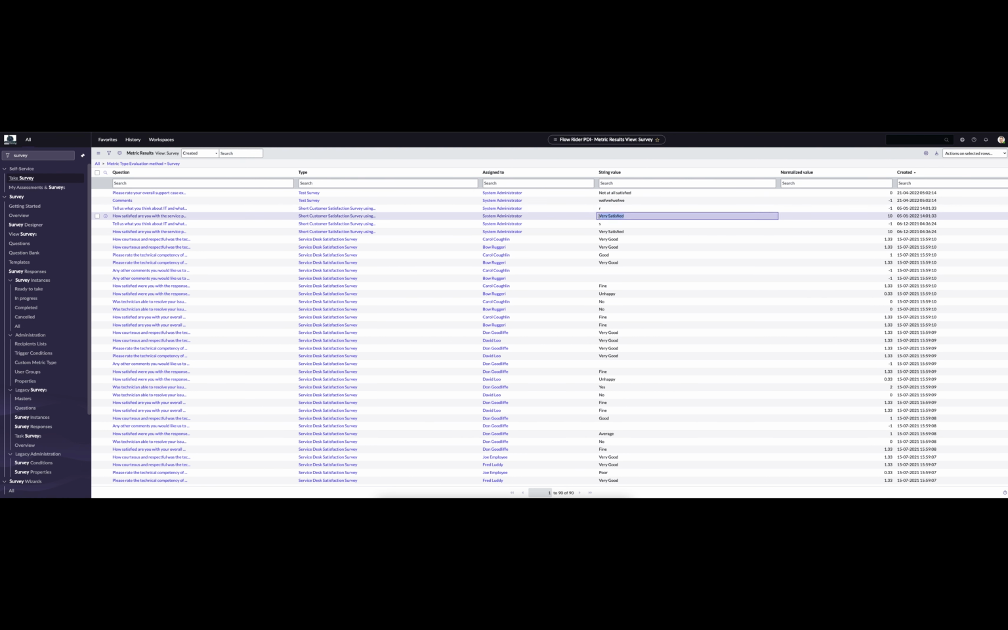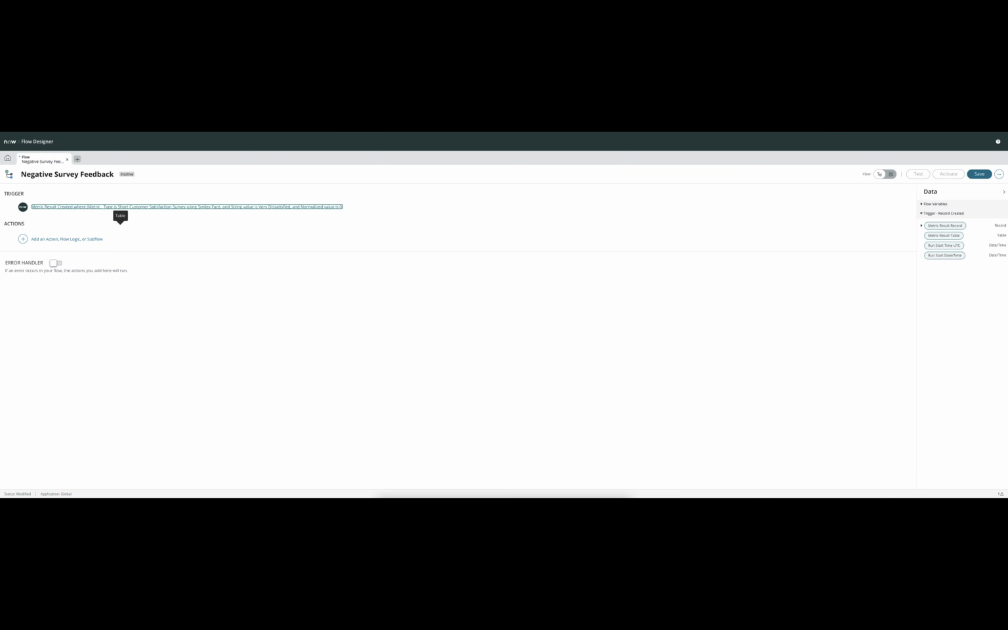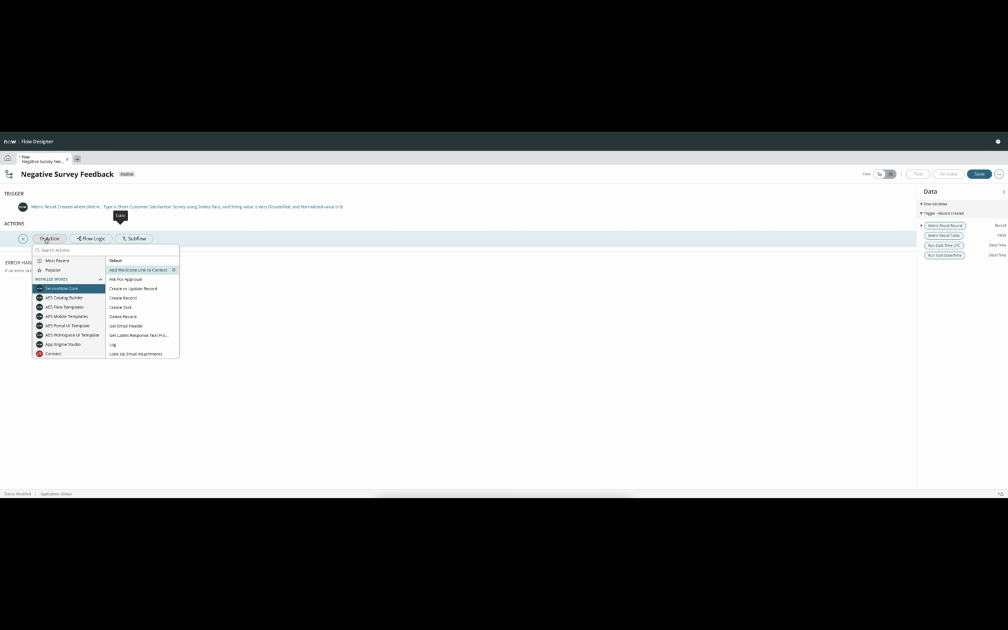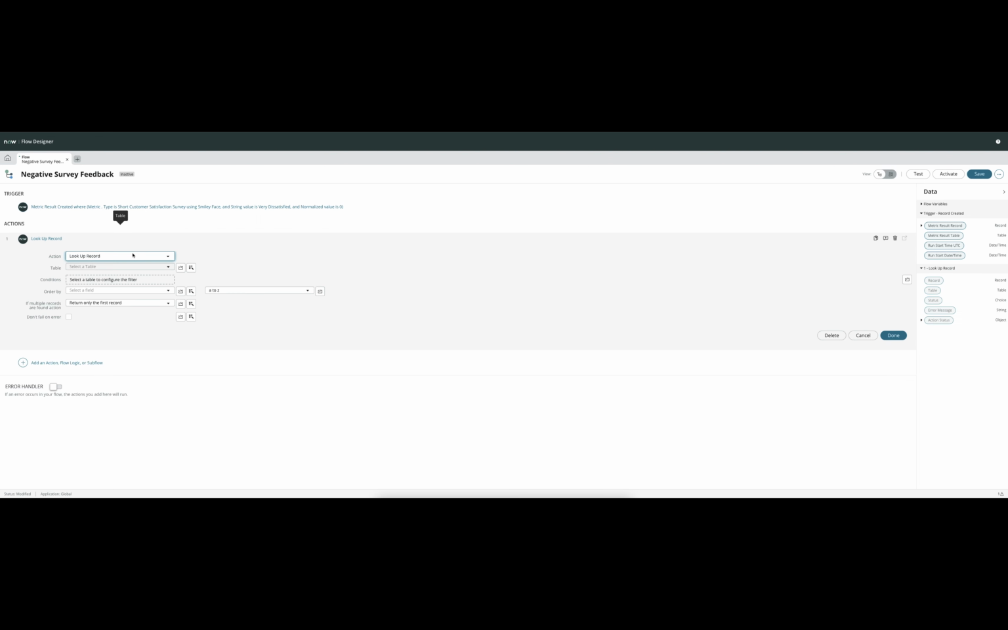So this is our score, and that's our comments. This one here. So I want to capture both of that information. If we go back to our flow, I want to look up the record that's just been created. Look up, then you have one record, and I want it based on the exact same table again. So that's going to be on the assessment metrics table, except, sorry, the metric result